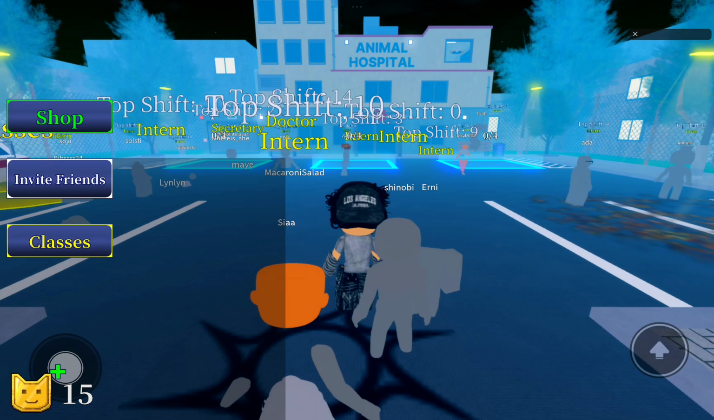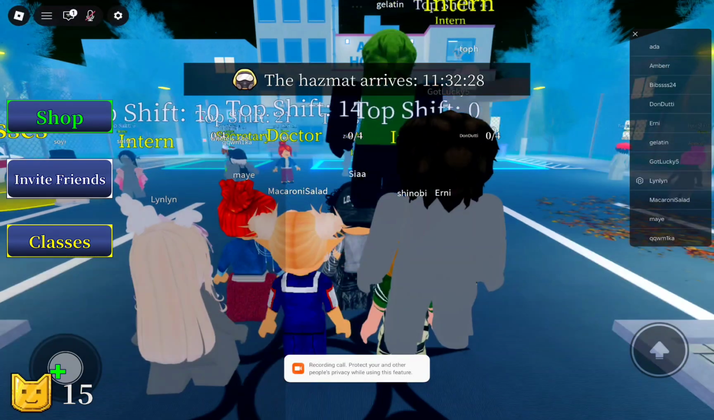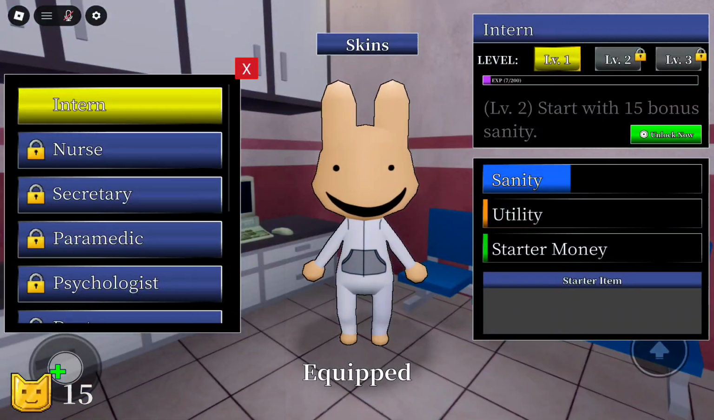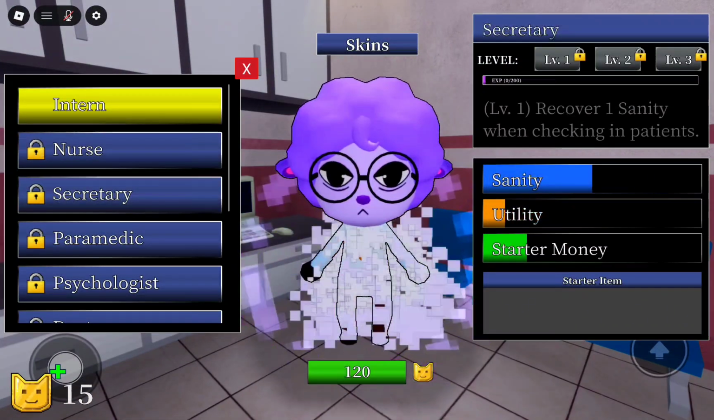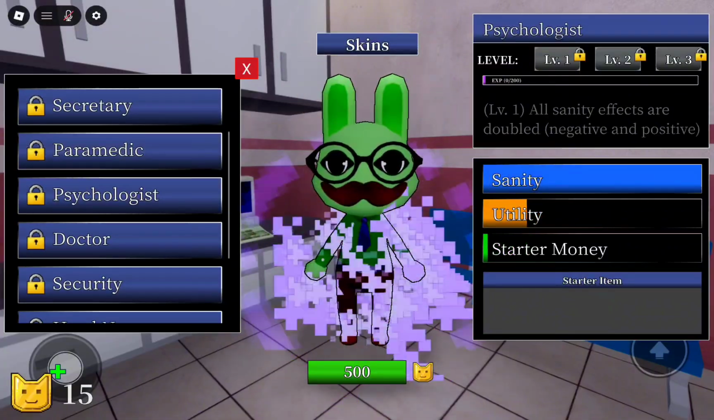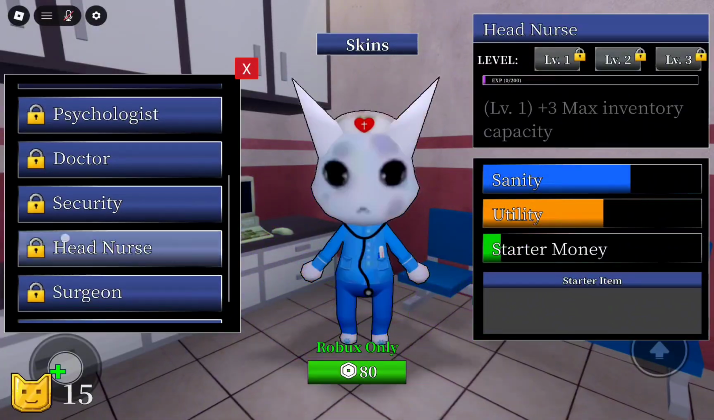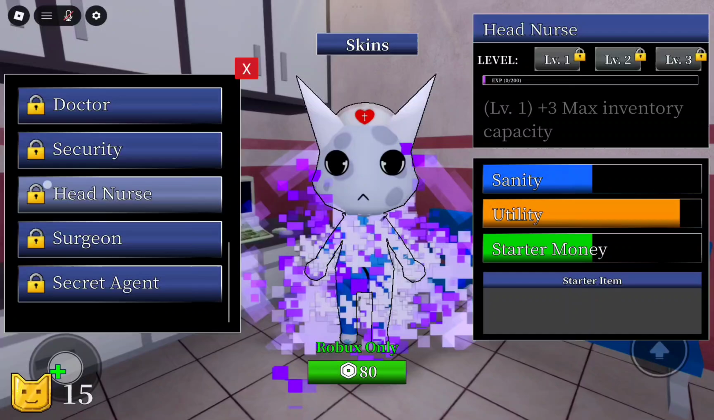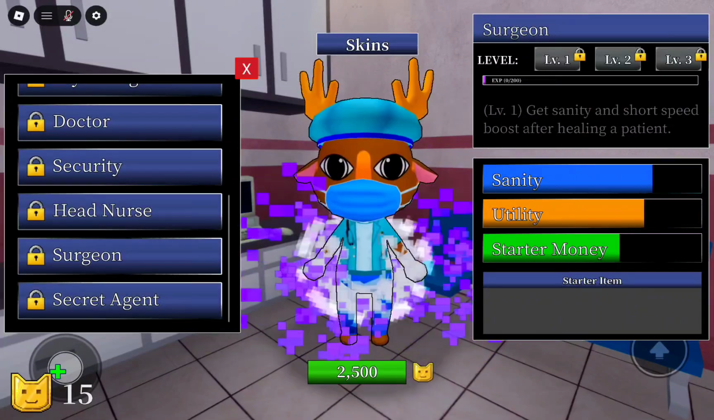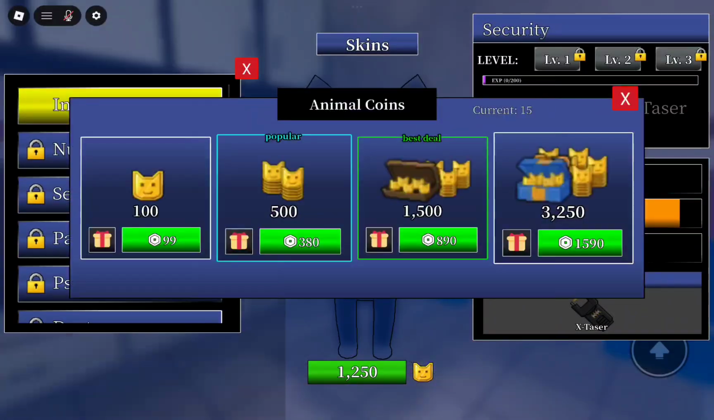So in here at the left side, you'd find this classes button. So click on it and this will take you here. So in here, as you can see, you can go ahead and change the type of skin or class that you currently have. So you can go ahead and buy a different class by earning as much coins required for